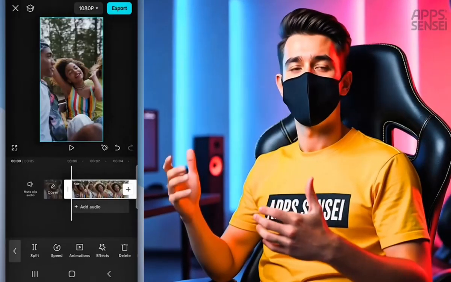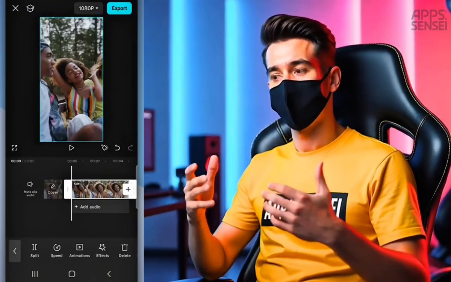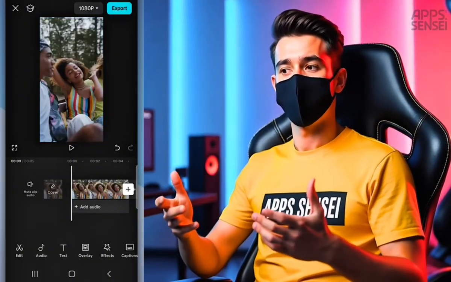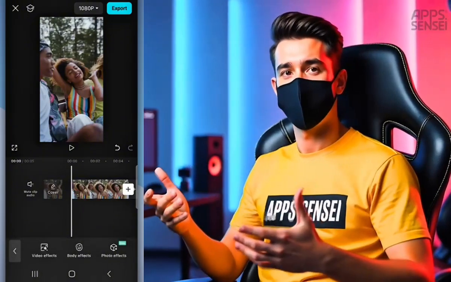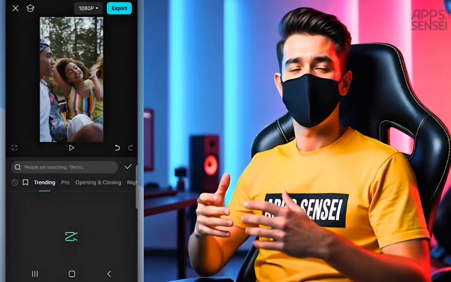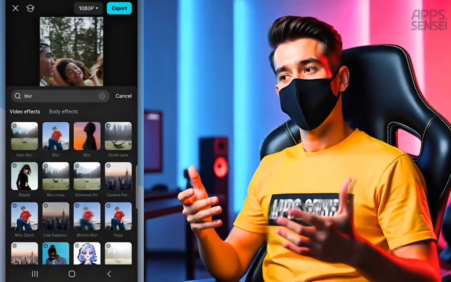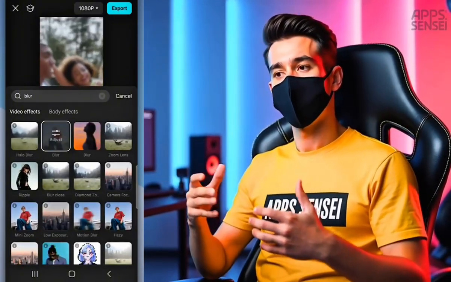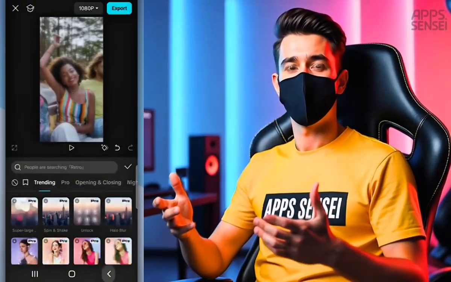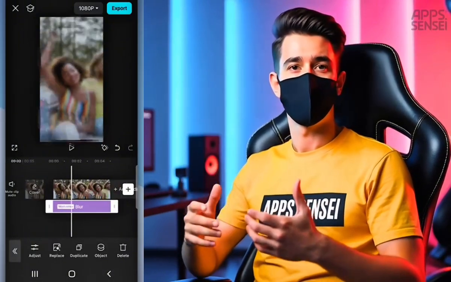To blur part of a video in CapCut, start by making sure nothing is selected. Then, go to the bottom menu, tap Effects, choose Video Effects, and search for Blur. Pick the blur style you prefer. After selecting the blur effect, exit the menu and extend the effect across the entire video by dragging its right